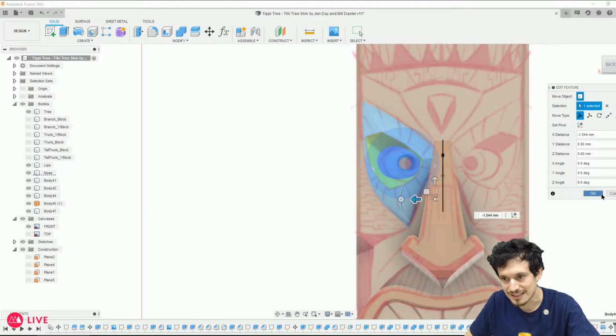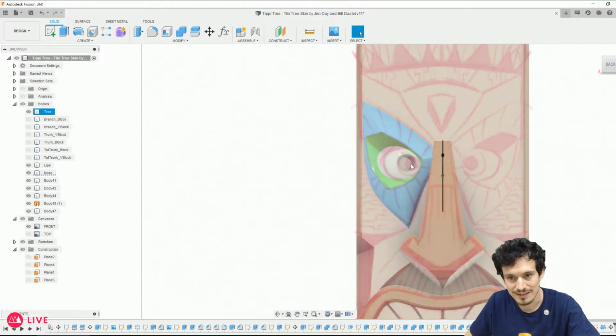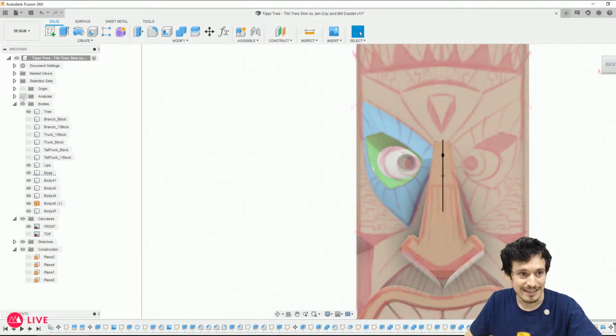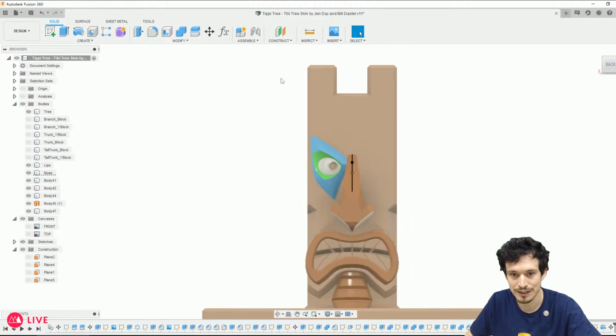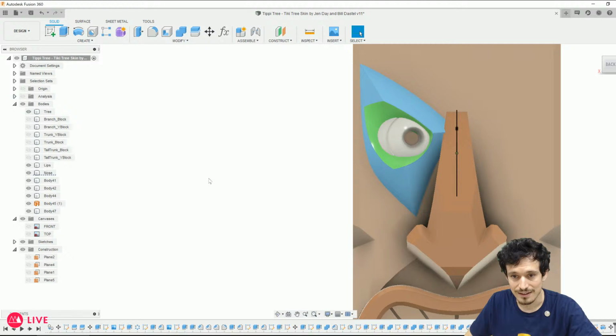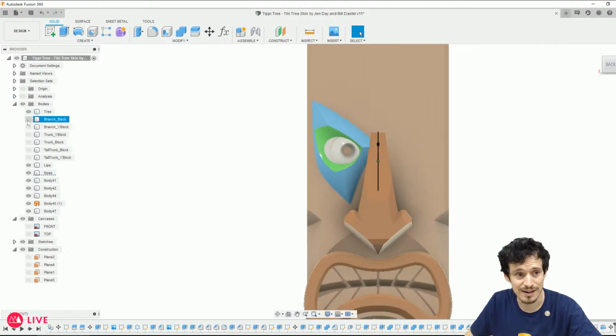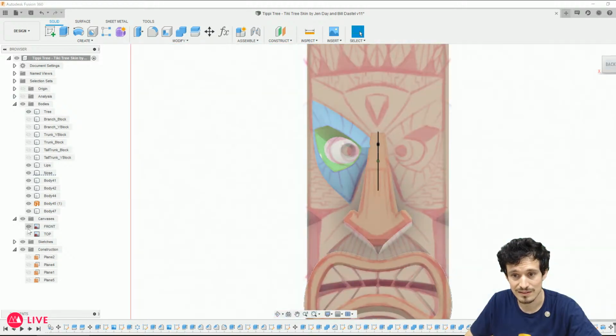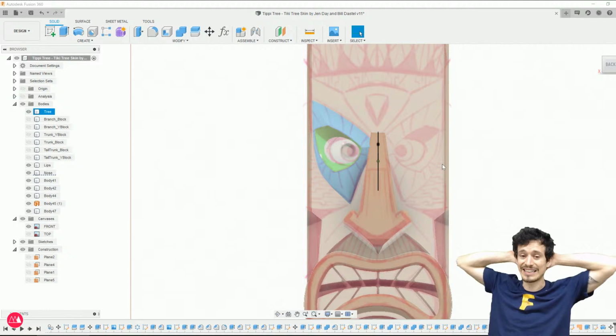I think that's it. I can't achieve the full level of cross-eyedness, but that's pretty cross-eyed. Yeah, I think that matches the drawing pretty well. I'm gonna have to get those lines going around, I suppose. That's gonna be maybe a little challenge as well, but for now, let's see if we can actually turn this